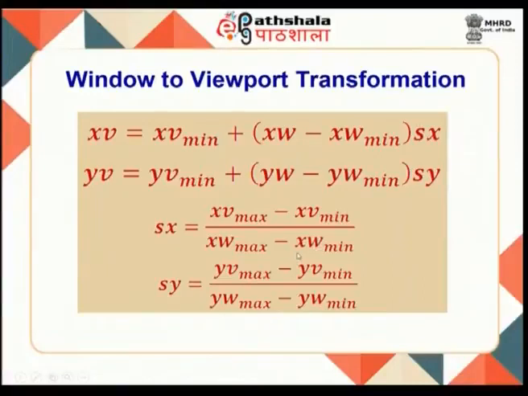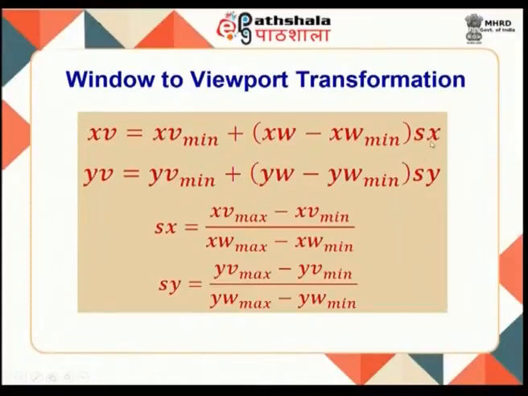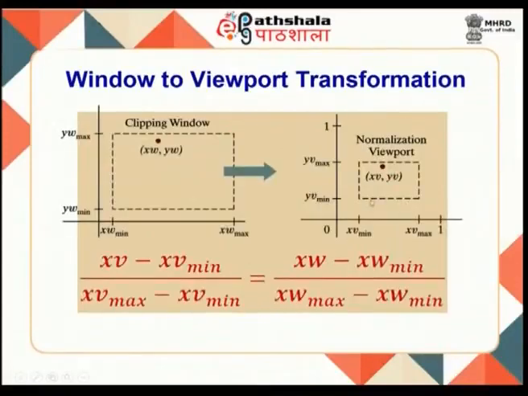Anything you multiply with a value less than 1 reduces in magnitude, so it is scaling down. That is why we call this the scaling factor Sx. If the boundary of the viewport is exactly equal to the boundary of the window in length, then the ratio becomes equal to 1. That means no scaling is to be performed; 1 is no scaling. When the lengths are different, there is either upscaling or downscaling.